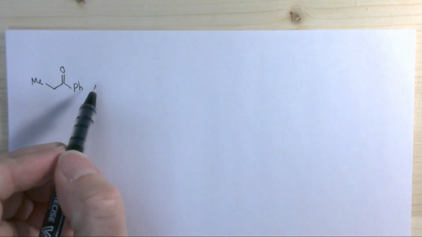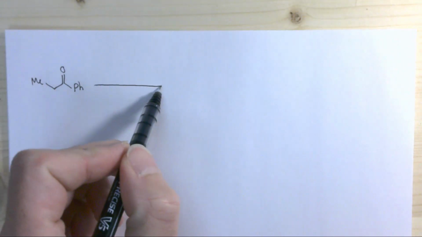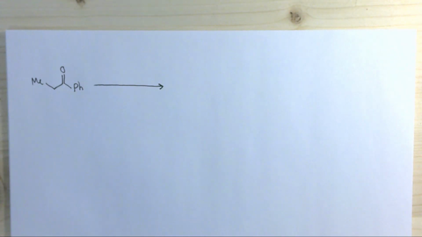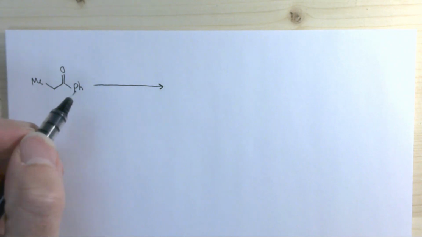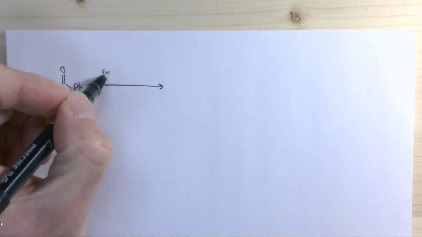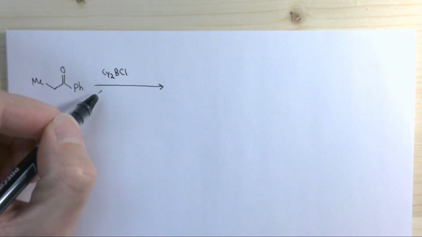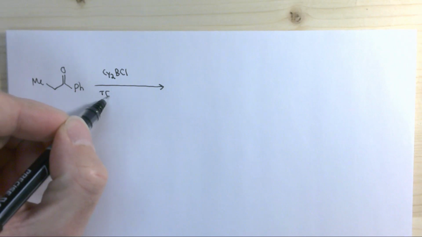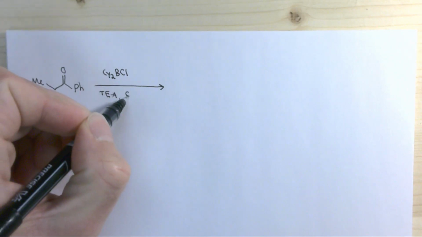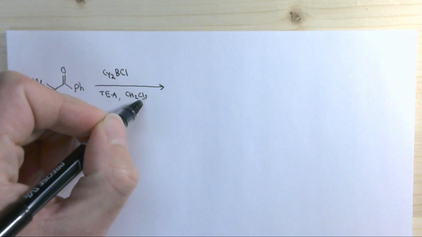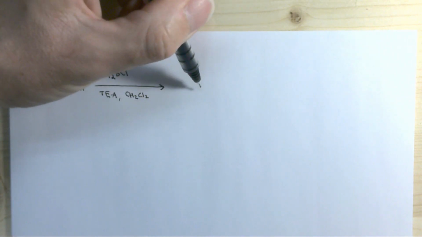And I'm going to use slightly different enolization conditions here so that I can get the trans or the E-type enolate. I'm going to use the dicyclohexyl boron chloride Lewis acid. I'm going to use triethylamine, and we can do this in dichloromethane as a solvent. And that's going to generate